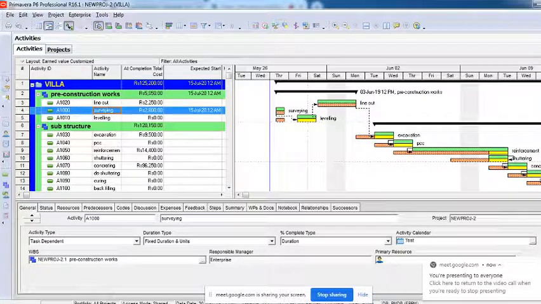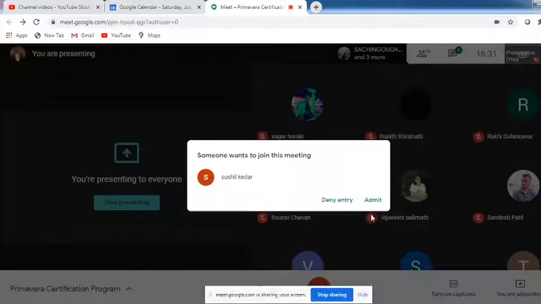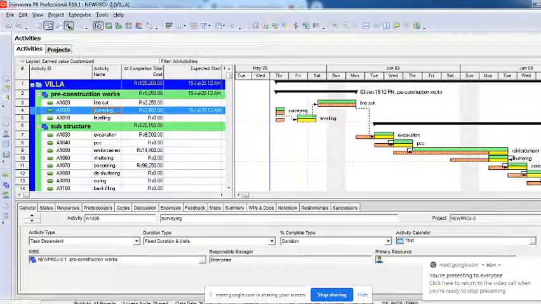Okay, my question is, what if I want to change a calendar somewhere in between? Possibilities are there, right? Think practically. I'm not saying that you have forgotten something and then want to add something later. No, I'm saying the project is somewhere in between, and there are lots of changes happening, and according to that we want to change our schedule, we want to change the calendar, the way we are working.